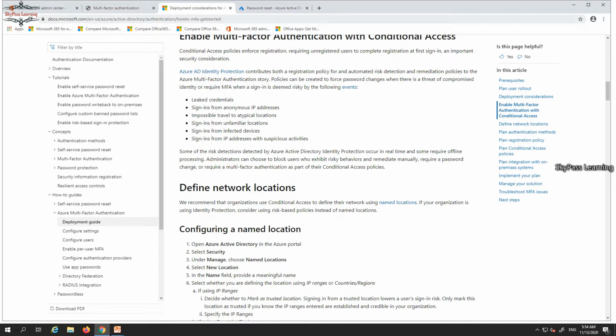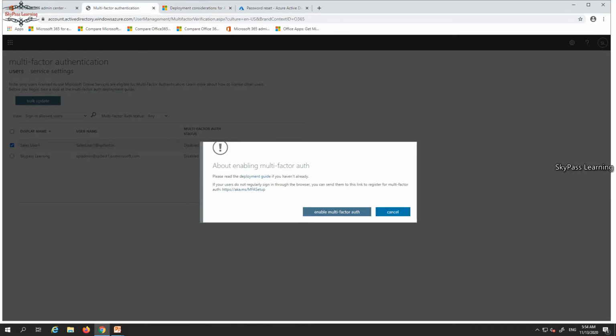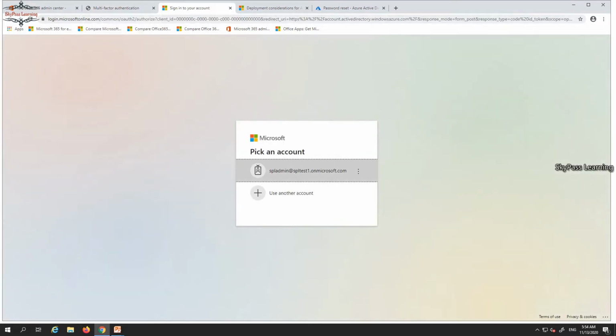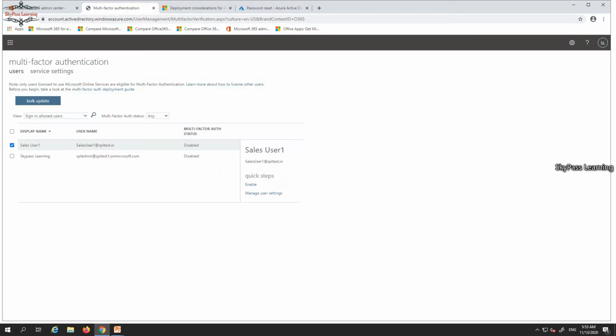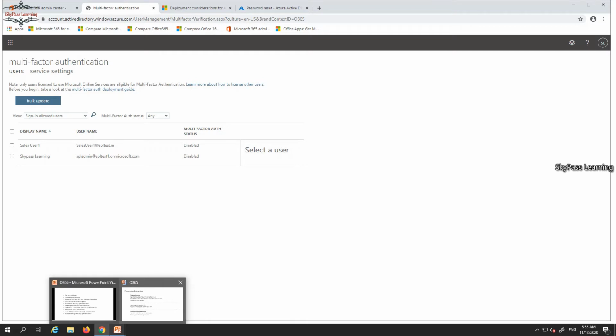And same as if you can just click on this to set up. This is the link to set up MFA or multi-factor authentication details. So if I want to set it, I can set it from this account. Users can set up themselves. This is the basic link from where you can set this up. Okay, so now I'm canceling it here, because I don't want to enable these users right now. I have to do a couple more things. Okay, so these are the options.